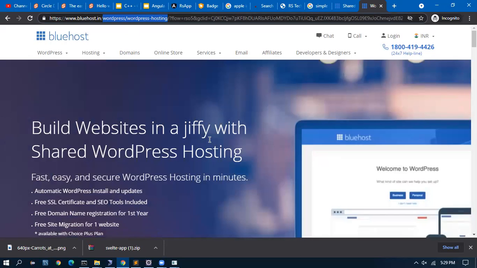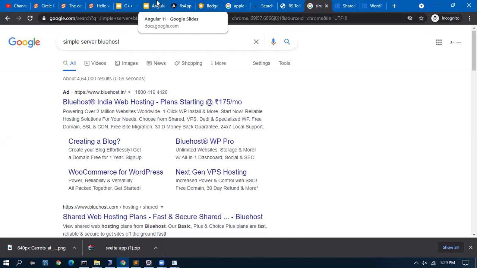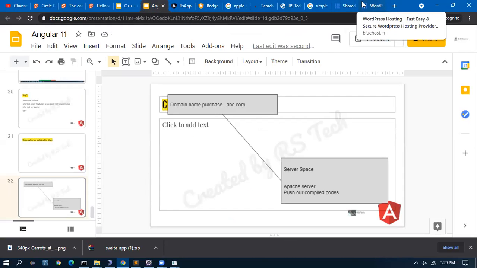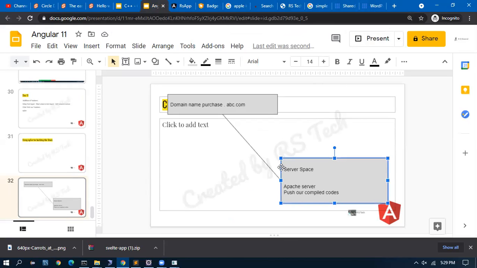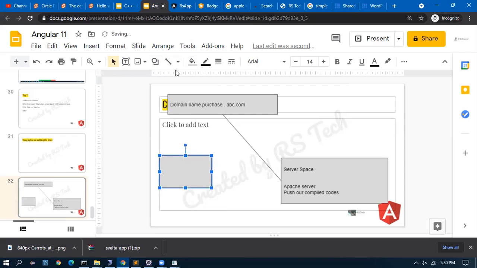WordPress is like another server, like Tomcat, Apache, a content management system. I purchased along with that because I was not interested in building my own server and pushing a code. I wanted this package to be installed, so I chose this. But what they did, this Bluehost gave a server with IP, and they mapped this ENSTNR to that IP. So from now on, any client who calls this domain name will be redirected to this server, and this content will be shared to them.